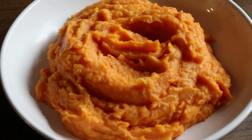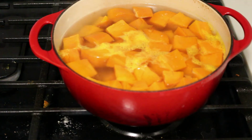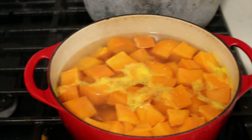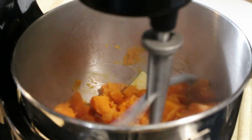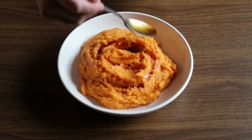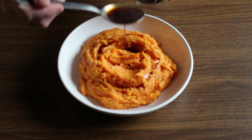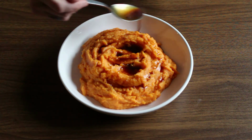I normally do regular mashed potatoes using russet potatoes or Yukon Golds and a lot of butter and creme fraiche. This year I thought I'm going to do sweet potatoes because they're such a beautiful color and they have a lot of flavor. Did what I normally do. I cooked them in some salted water, then blended them with a lot of butter, seasoned them with salt. That's it, super simple, super delicious. And I actually drizzled on some of the turkey stock reduction too, and it kind of pooled on top of the mashed potatoes, and that was